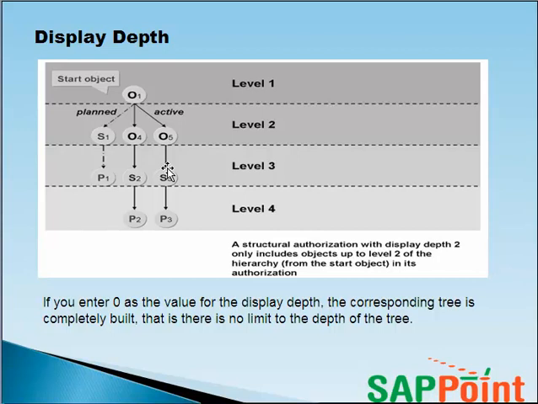Using the depth level, you can minimize the nodes that are evaluated for each manager. If you enter 0 as the value in the display depth field, the corresponding tree is completely built, and there is no limit to the depth of the tree. Which means the entire structure will be evaluated,